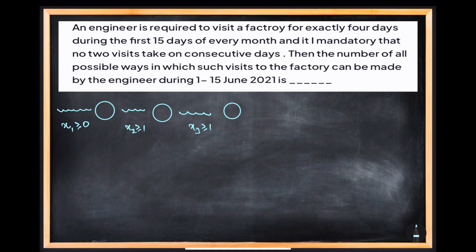The gap should be greater than or equal to 1. Now the 3rd visit is done. Now the moment you go to the fourth visit, you will make sure that the gap is greater than or equal to 1, and after the fourth day there is a chance some days are still left, or there is a chance that none are left. So it can be greater than or equal to 0. You have 15 days, out of which you have selected 4 days, so you are left with 11 days. Correct? So can I say that x1 plus x2 plus x3 plus x4 plus x5 equals 11,